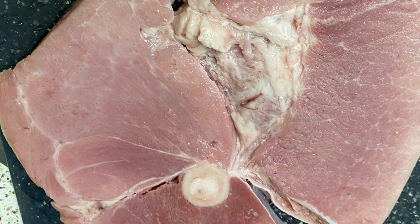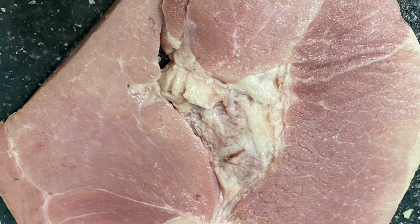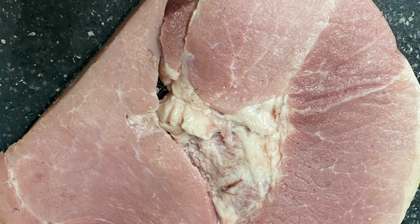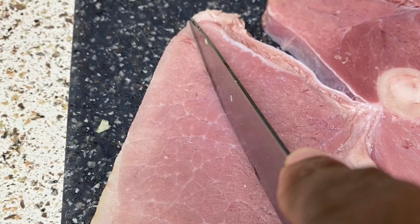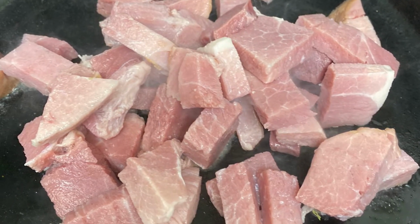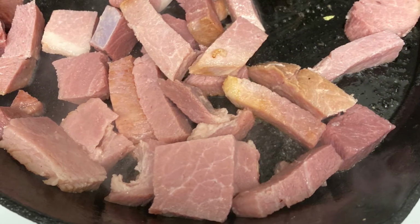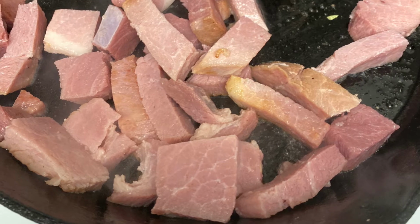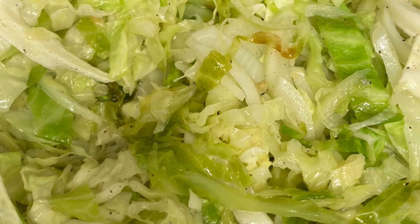Now, with my ham steak, I'm going to actually fry this ham separately. So I'm going to cut this ham steak up into small cubes, as you can see. And the reason I'm frying it separately is that because of the cured brown sugar that's in it, sometimes it'll turn the cabbage brown. So it's easier for me to fry it in a separate skillet and then add the ham back to the cabbage